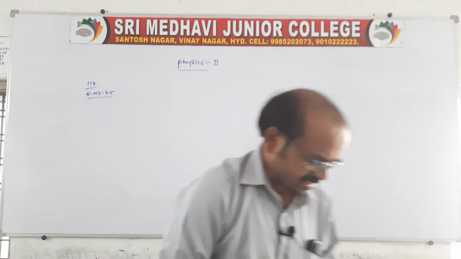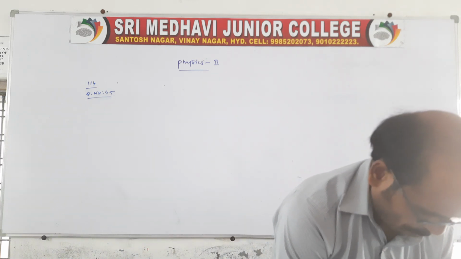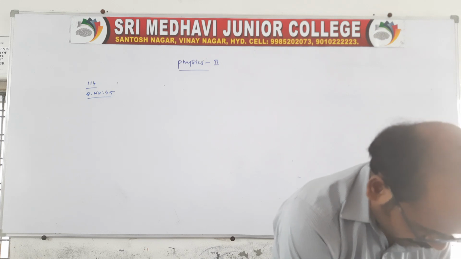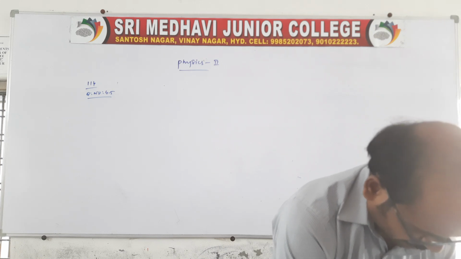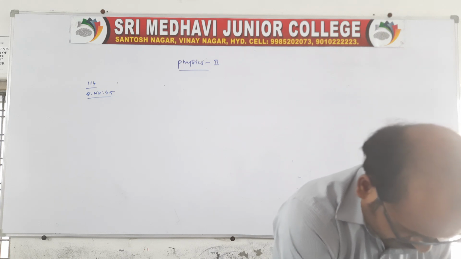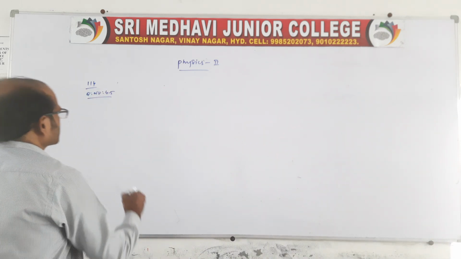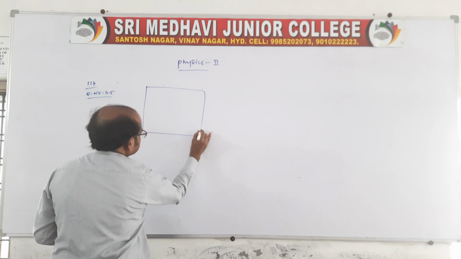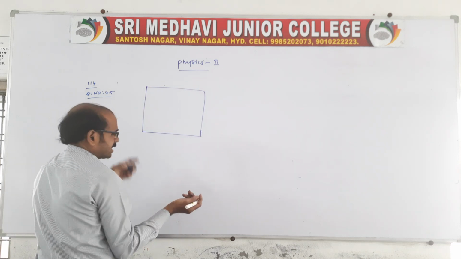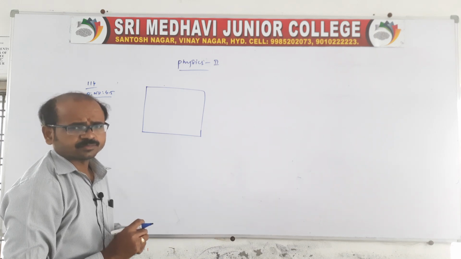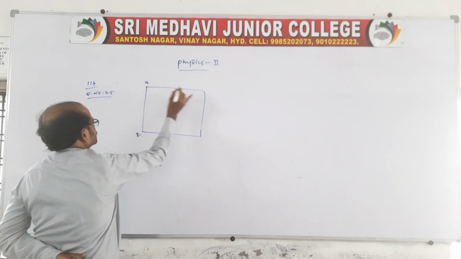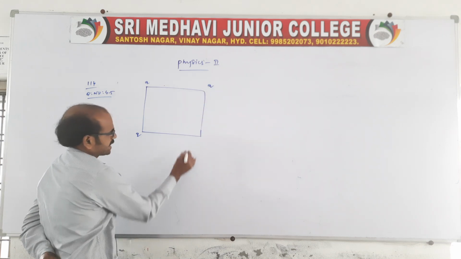Actually, 4 charges are given which are placed at the corners of a square. Clear? And here he is asking for the resultant force. Let us take the 4 charges, or you can say identical charges also, no problem. Your wish. Suppose here charge q, here also charge q, here also charge q, and here also charge q